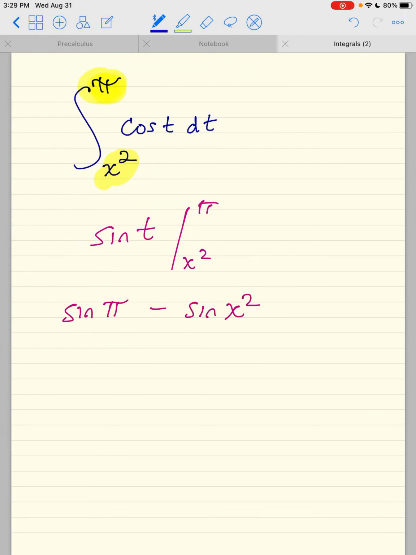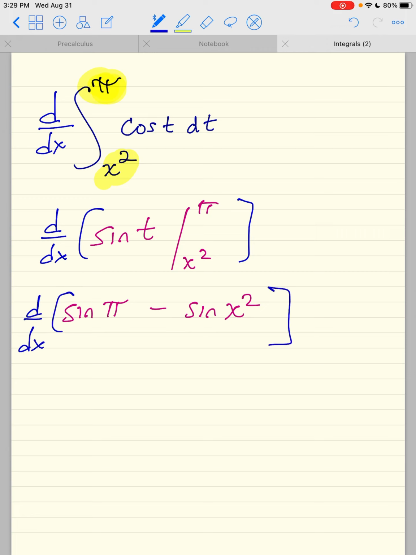But if I added this piece of information in front of it, then what would happen? Well, what is the derivative of sine pi? Did you guys know that sine pi is just 0? It's also a constant because there's no variable there. So this person is 0. What's the derivative of sine x squared? Well, cosine x squared times the derivative of the angle, which is 2x. Bring the minus down because you can't just throw it away. So this final answer is,